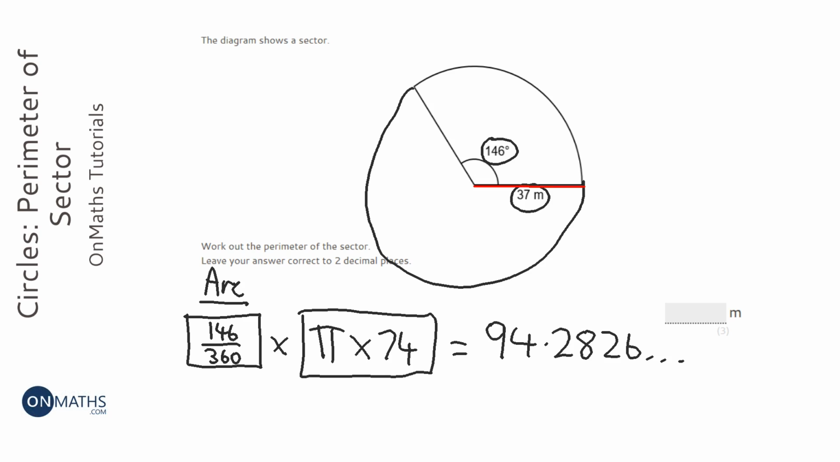Now that's for the arc length, but we also want to know what this distance here is. Well, we've already got that one. And what this distance here is. Well, they are both radiuses, or radii we call it. So that's also going to be 37 meters. So to work out the perimeter,